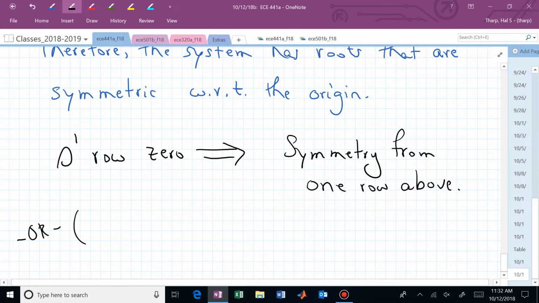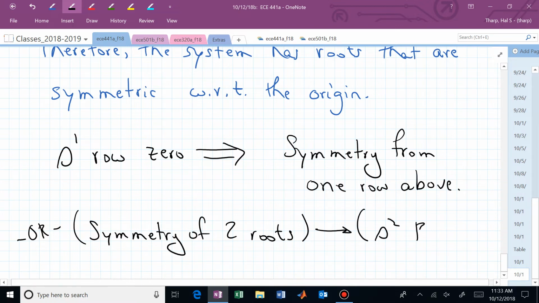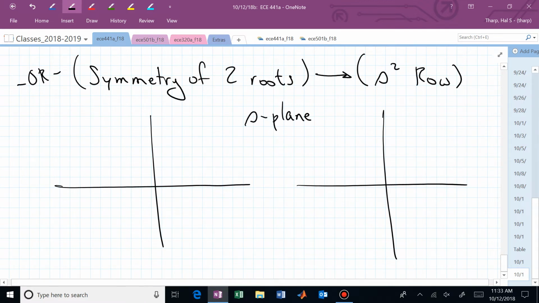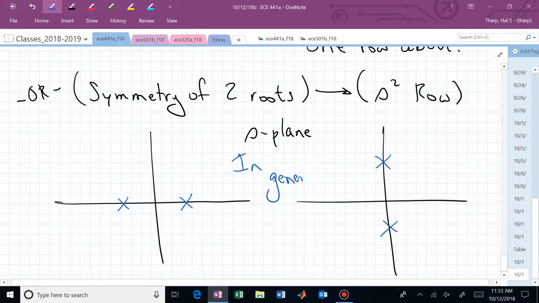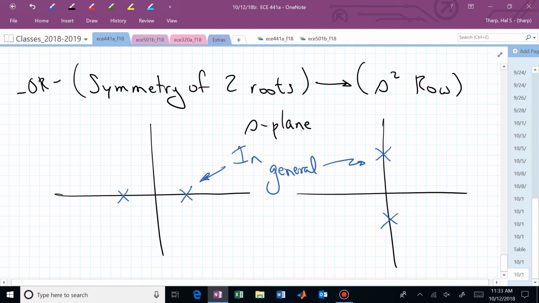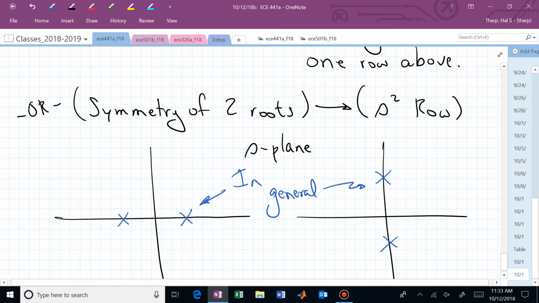I can say there was symmetry of two roots. So I now am concerned with what's going on in the S2 row. And if you're thinking about what do I have in the S-plane, potential patterns of two roots that are symmetric with respect to the origin, I could have a pole here and a pole there, or I could have a pole there and a pole there. Those are both supposed to be equidistant from the origin. So this is what I have in general for those two possibilities, when I have symmetry of two roots with respect to the origin,